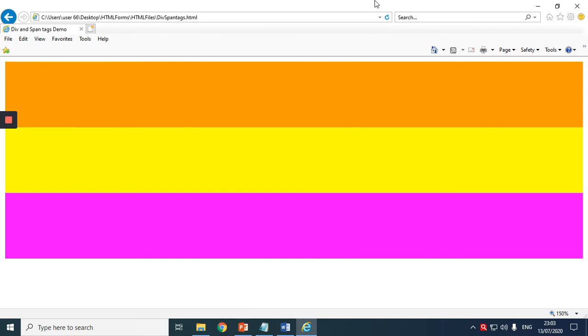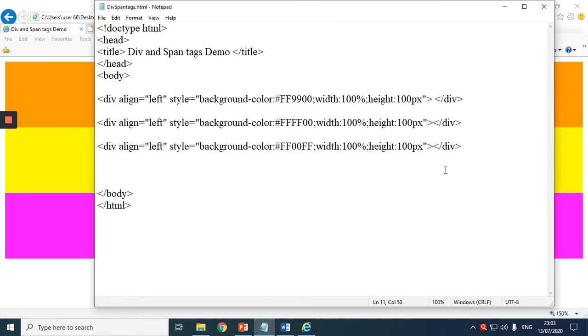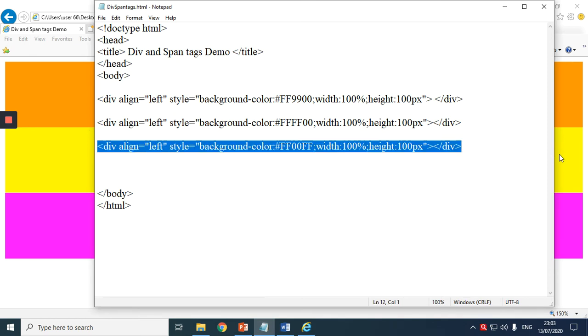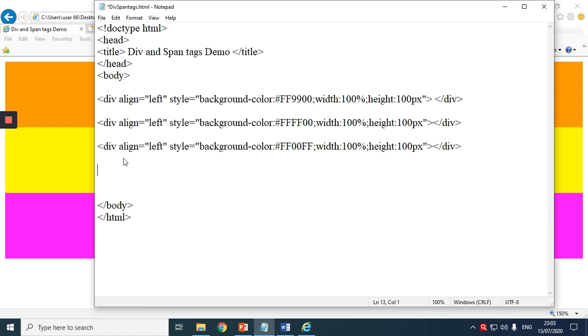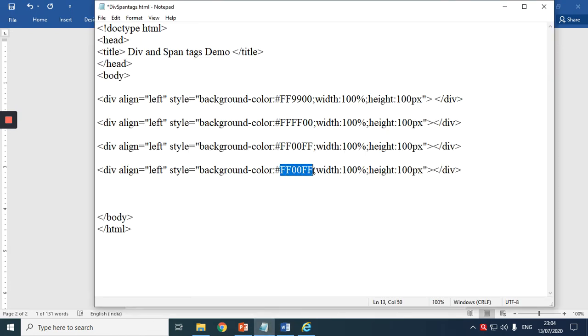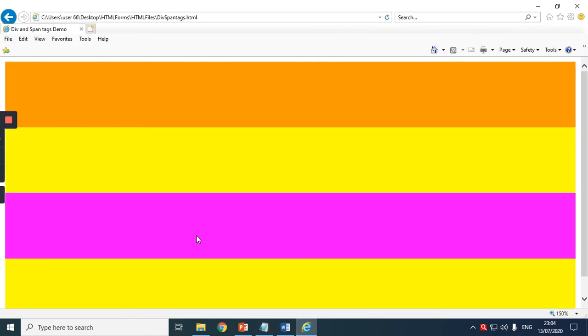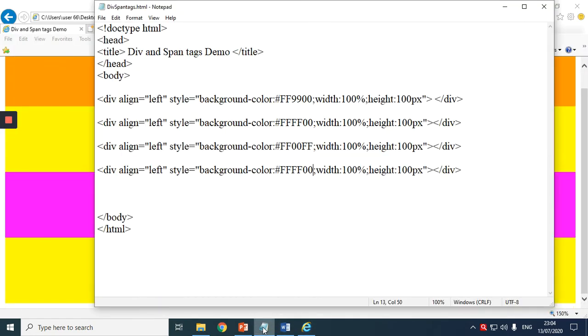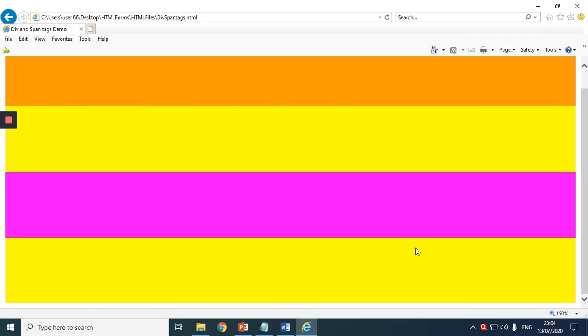I don't know what output. See, can you see the output? I have created 3 different divisions. Want me to create one more division? I'll Control C and Control V, and I'll use a different color here. Which color? Probably green, I guess. Okay, so change again. Some shade of yellow. Same yellow, okay, I've used it again. Correct. So observing what we did, we have created 4 division blocks or 4 different sections using the div tag here.